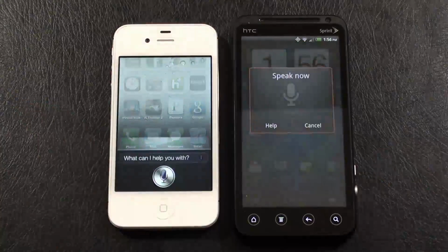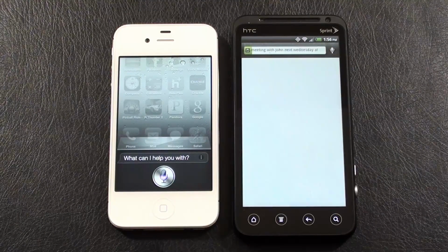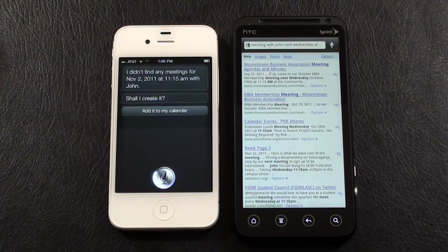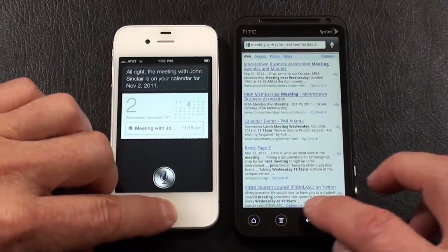Okay. Meeting with John next Wednesday at 11:15 a.m. I didn't find any meetings for November 2nd, 2011 at 11:15 a.m. with John. Shall I create it? Yes. All right. The meeting with John Sinclair is on your...